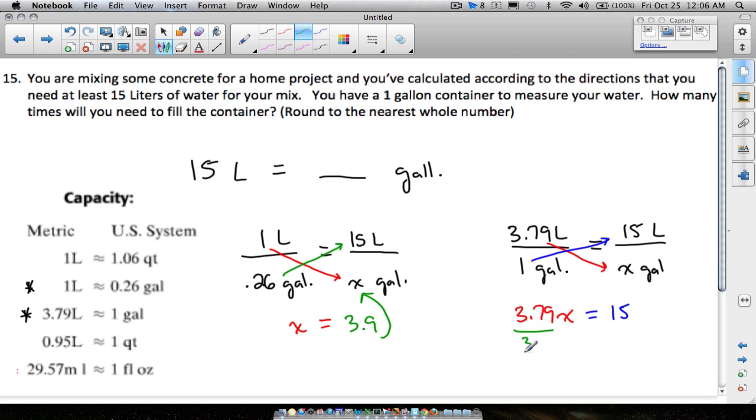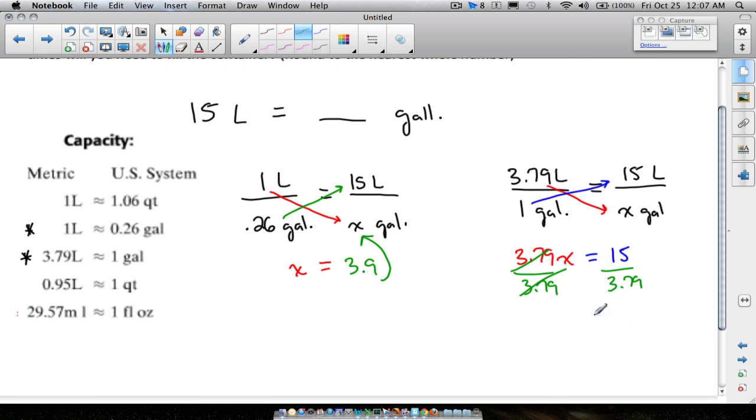Dividing both sides by 3.79 to get X by itself. I don't even like this one as much as I like this one because we already had X by itself when we multiplied, but hey, we got X by itself now. Take 15 and divide it by 3.79. We get an answer of X is equal to. Now, depending on where you round, grab your calculator. Let's round to the nearest thousandth. How about 3.958? 3.958. This answer we got from the first one, and this answer we got here was from this one.